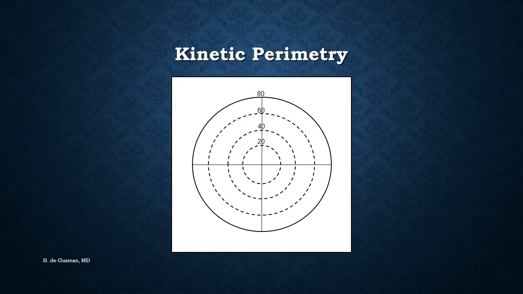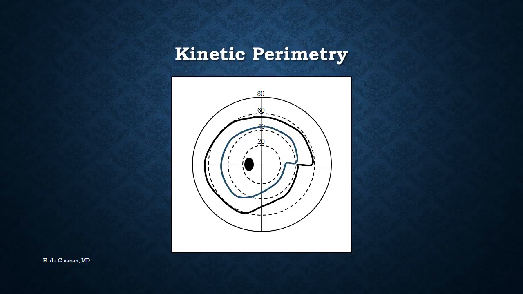So this is what a kinetic perimetry result would look like. So first, the technician would use a specific stimulus intensity and would map the visual field according to the patient's response for the first stimulus. Then they would draw a line connecting all of the results, and that is one isopter. Then they do it again with a dimmer stimulus or a smaller stimulus, and again until they finally get a good map of the visual field.